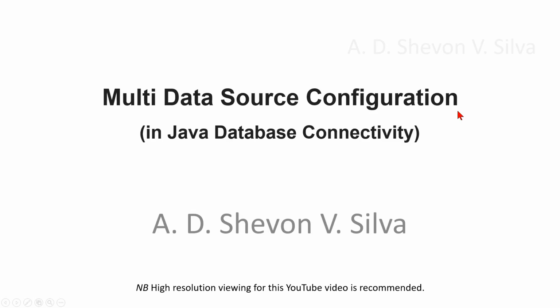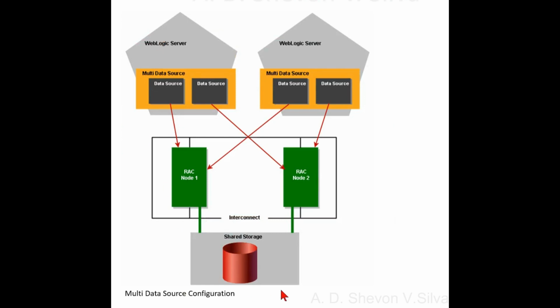Multi-data source configuration in Java Database Connectivity. Here we are considering multi-data source configuration. Here, configuring multi-data sources for use with Oracle RAC. To connect WebLogic Server to multiple Oracle RAC nodes using multi-data sources, first configure a generic data source for each Oracle RAC instance in your Oracle RAC cluster